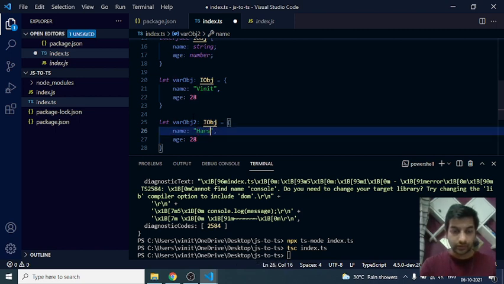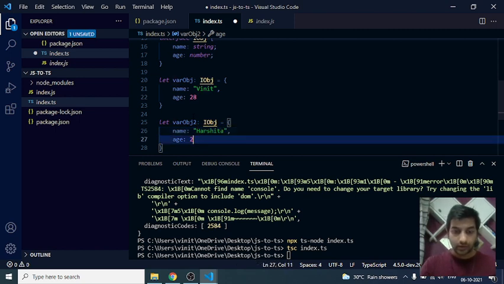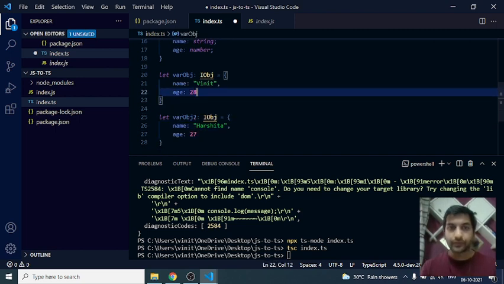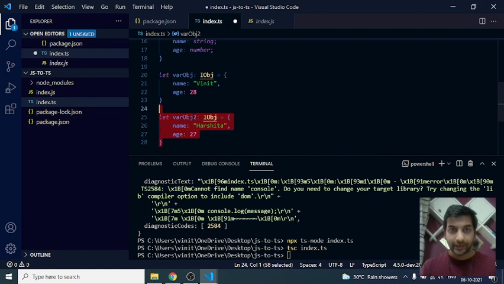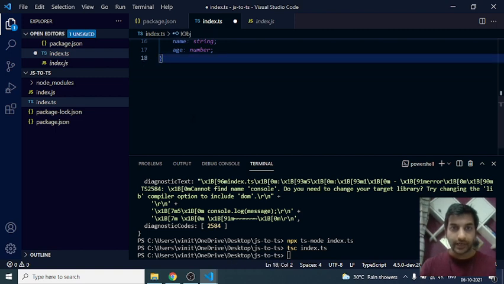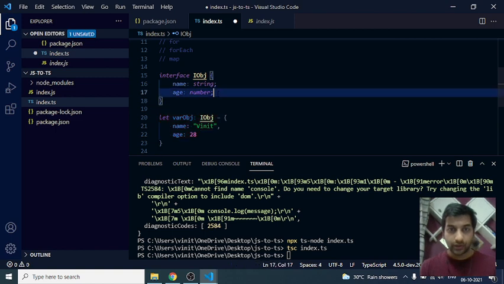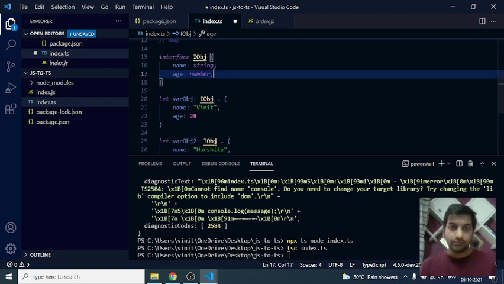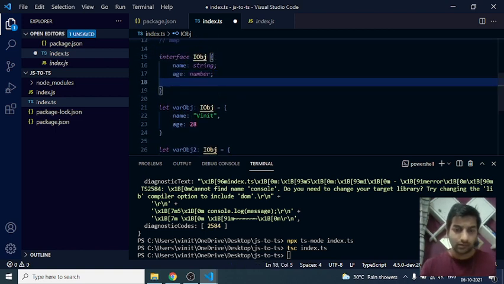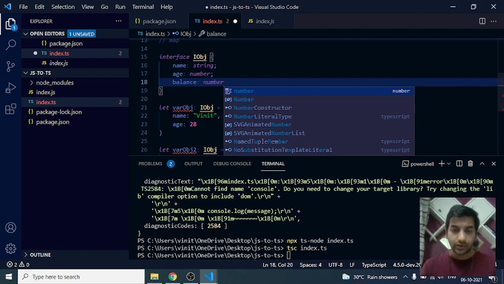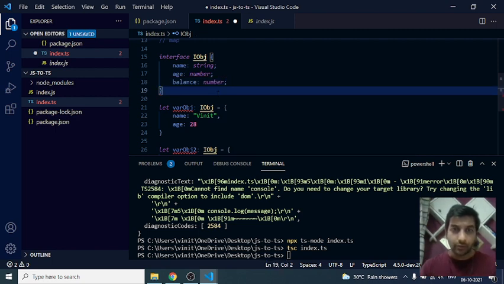So something like that, right? So this is very helpful, and that way you can have a structure to your object. Where say you want something like say balance. Balance is something that you want it to be a number, but both your objects are